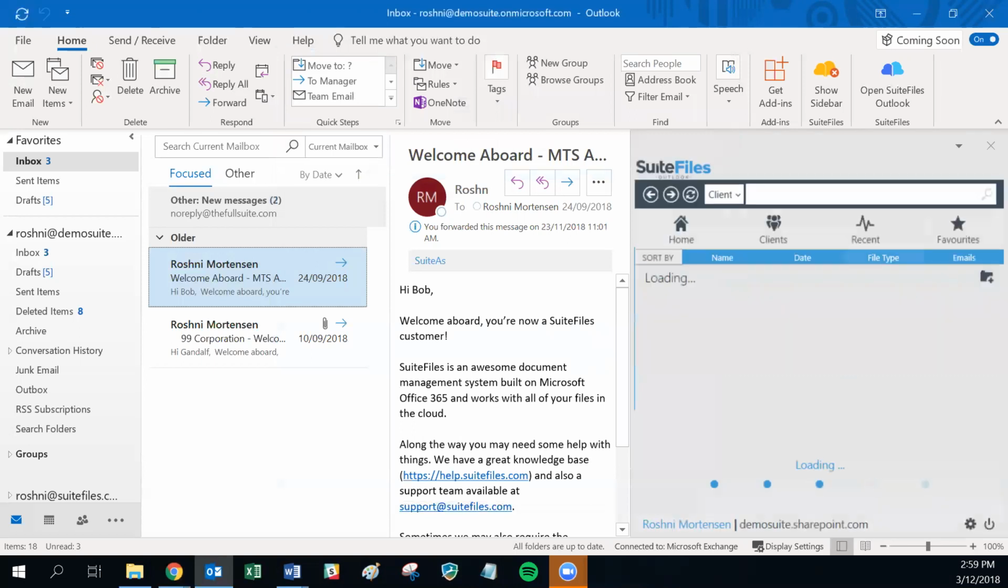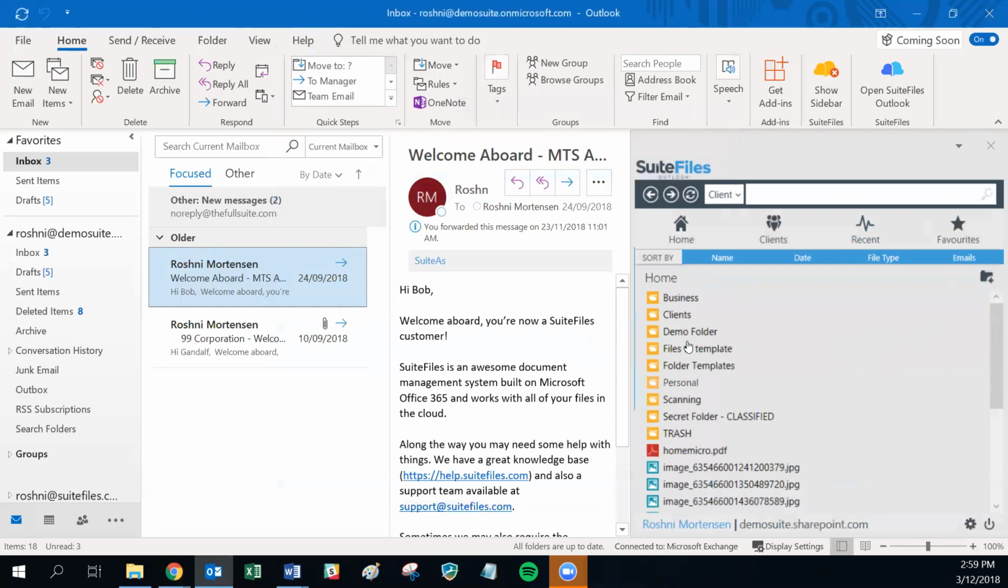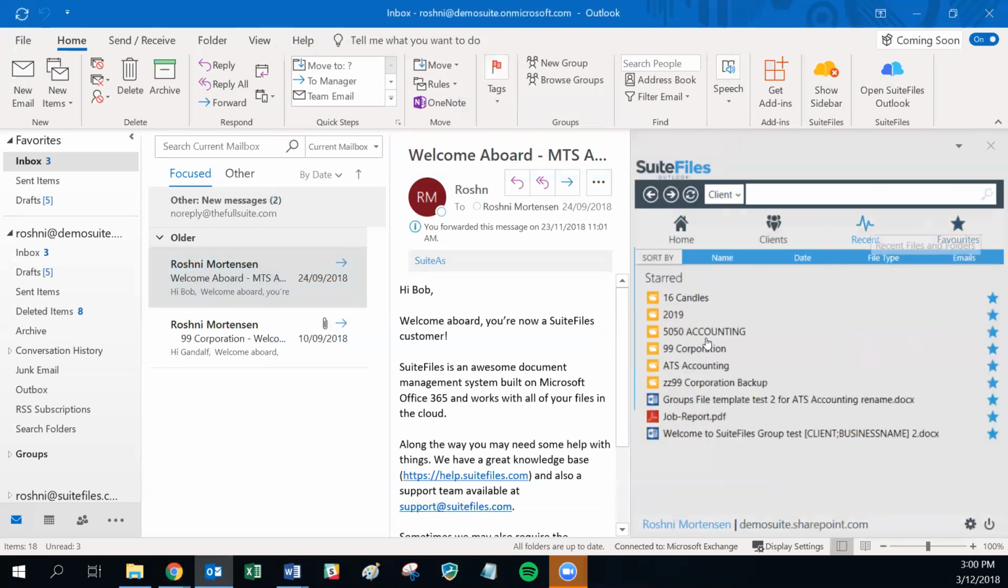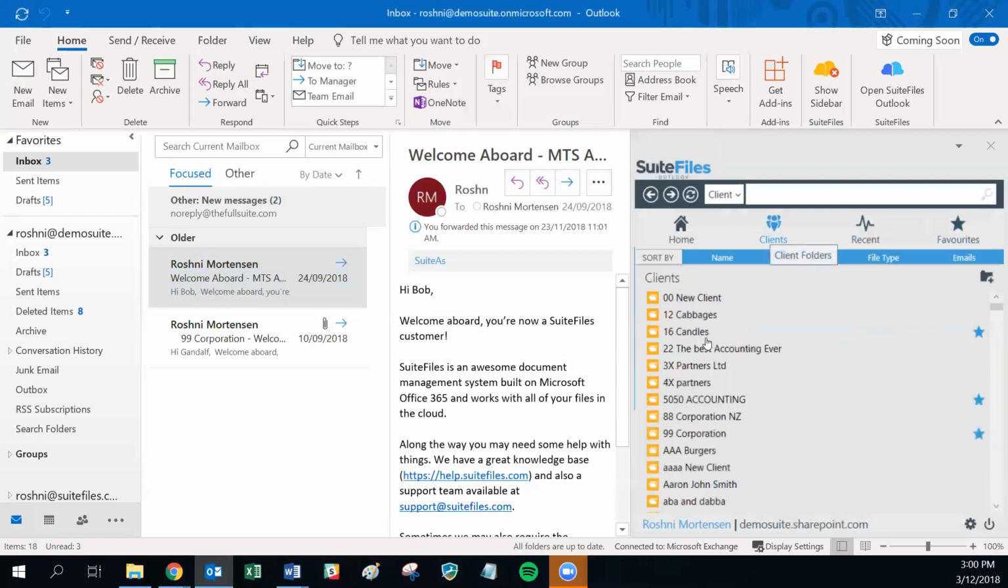you're going to start to see your full file system from SuiteFiles appear on the right-hand side of your inbox. Here you can see your top level folder structure, and we've got the navigation tabs along the top. If you ever need to get back to home, click on the home button. To be taken directly to your clients subfolder, you can click on clients, and there are also recents and favorites. So those are some easy ways to get around. And then in order to use the add-in,